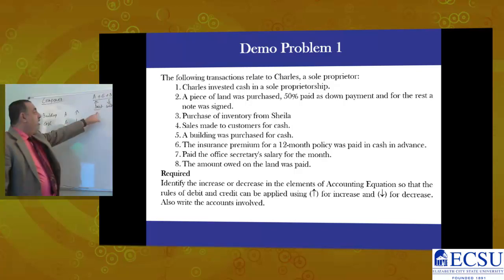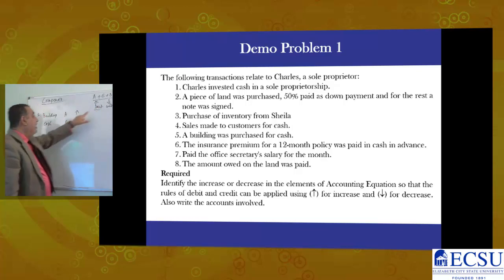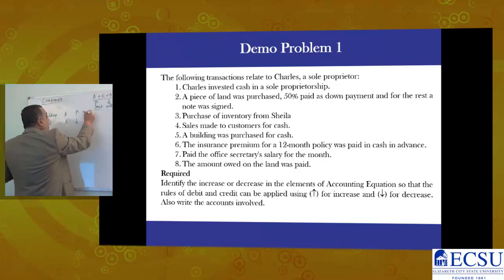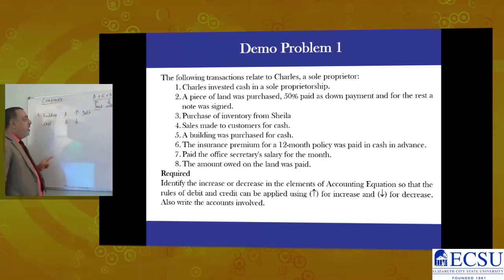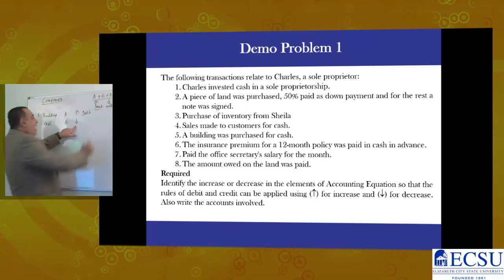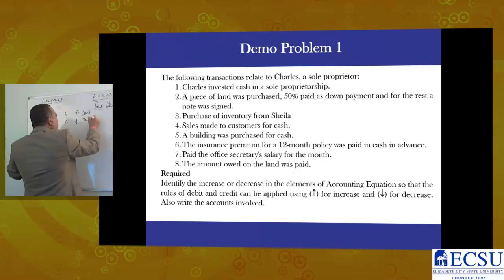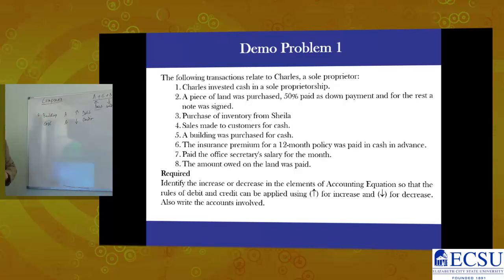Now if you apply the rule of debit and credit, increase in asset is a debit. So I'm going to write debit here. Decrease in asset is again a credit. So I'm going to write that as credit. So that's number 5. Number 6 is